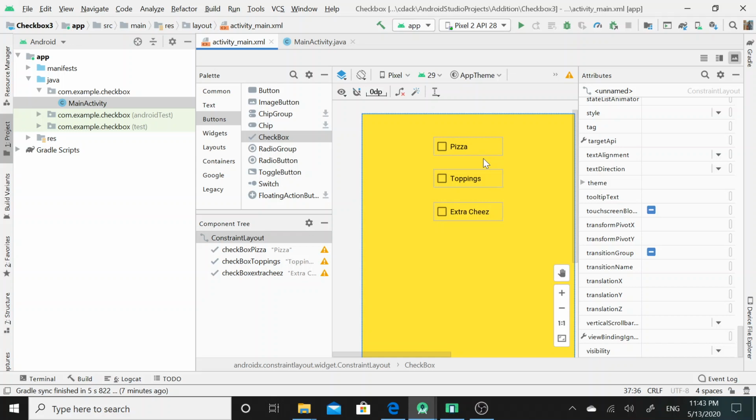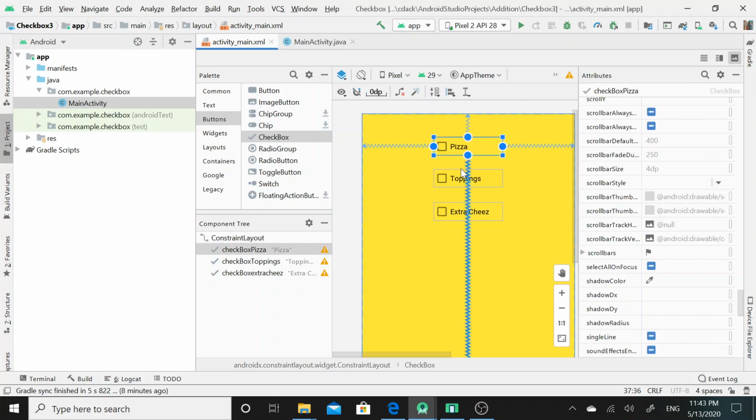Now, to determine how many options users have selected, I would simply drag and drop here a button UI widget.